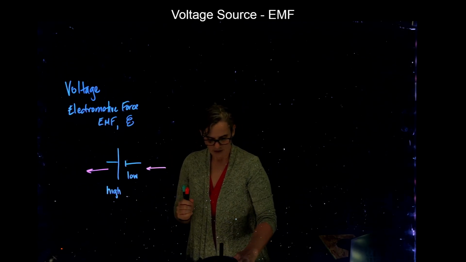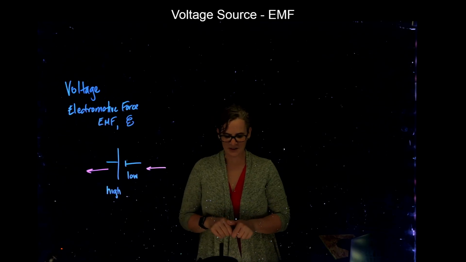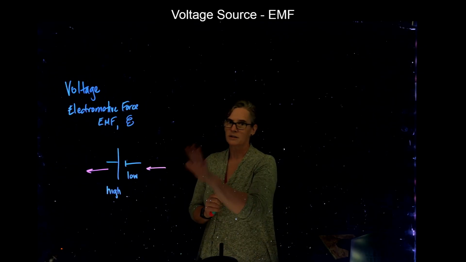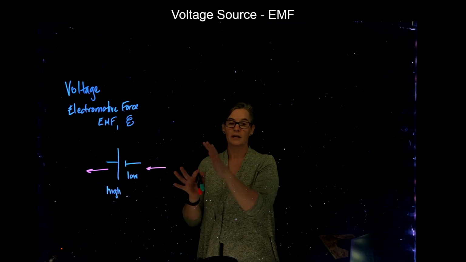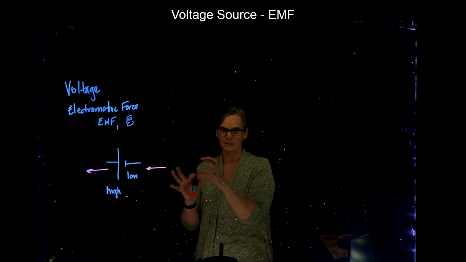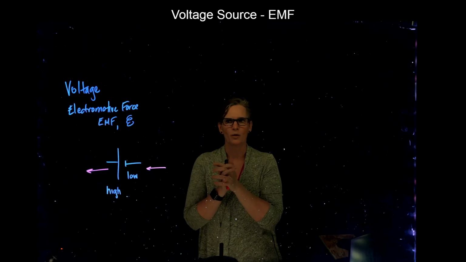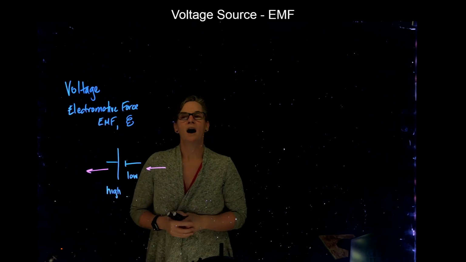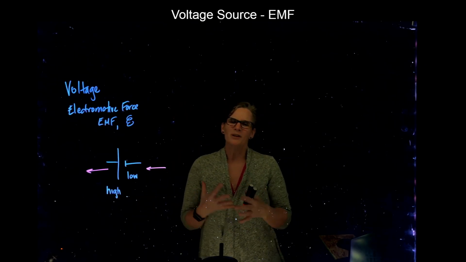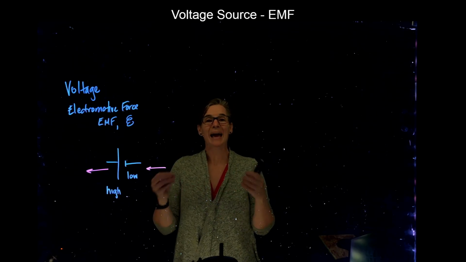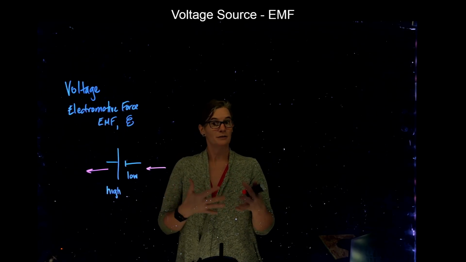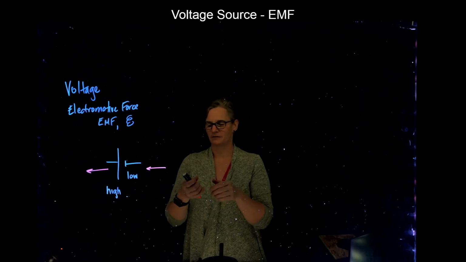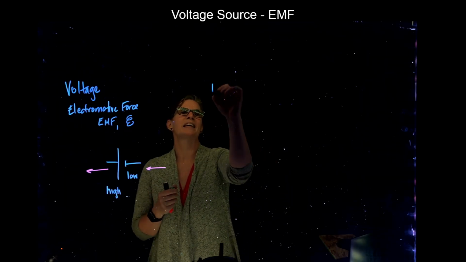All right. So a couple more things it's important to understand. In our description of circuits, we're going to really look at ideal sources of voltage. So when I say a battery is 5 volts, we're going to get 5 volts of a potential difference. But in the real world, that's not always the case. Even batteries have a level of resistance. If you haven't learned about resistance, go check out that resistor video. But the resistance within a battery